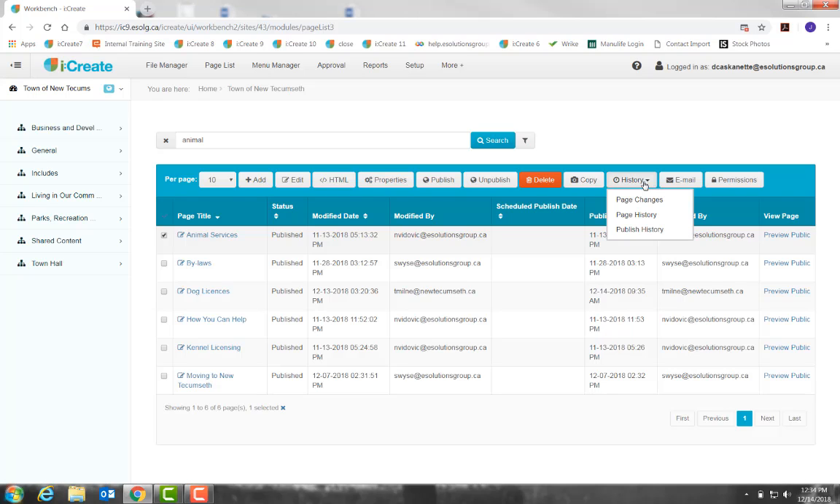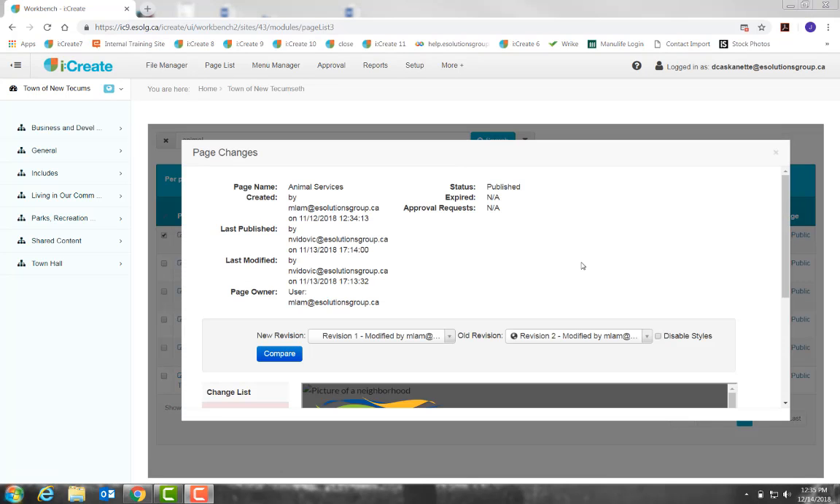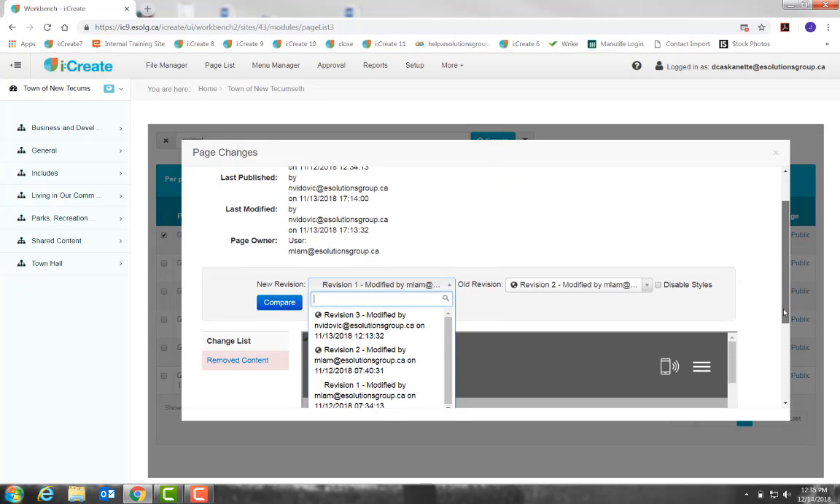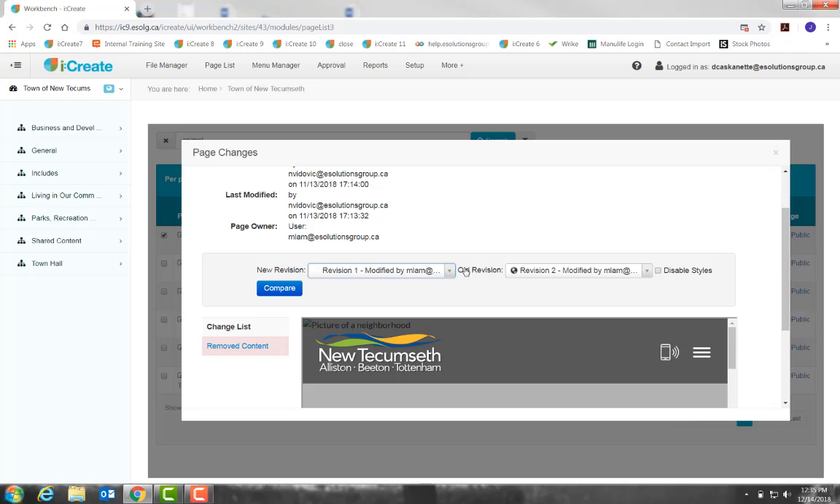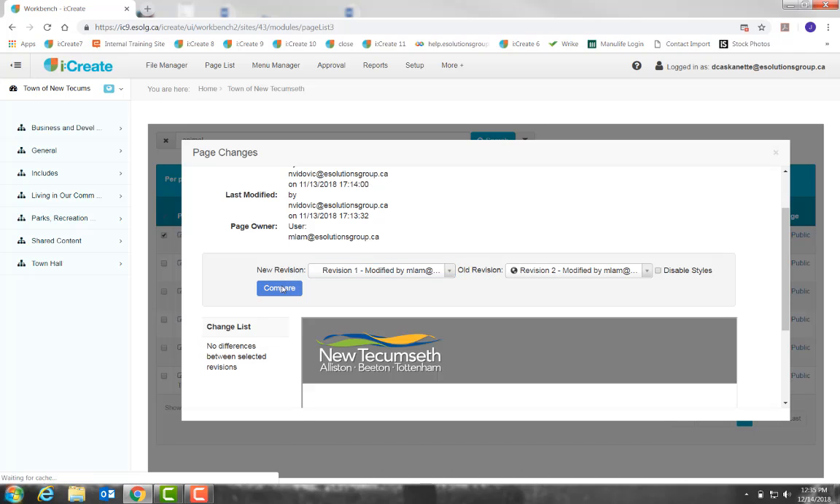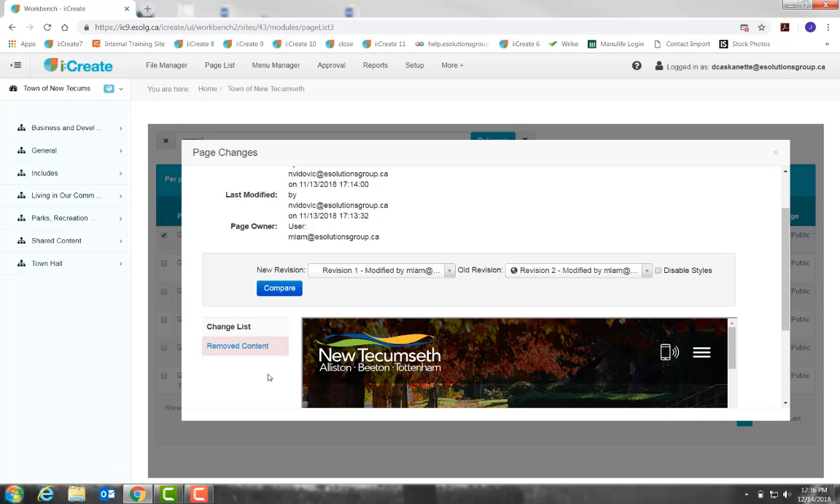The first option in the History dropdown is Page Changes. Every change you make to a page's content counts as a revision. And what you can do in this window is compare the different revisions. So for example, I can drop down the first list and say I would like to compare revision 1 to revision 2. I would then click the compare button, and iCreate will actually summarize the changes that were made